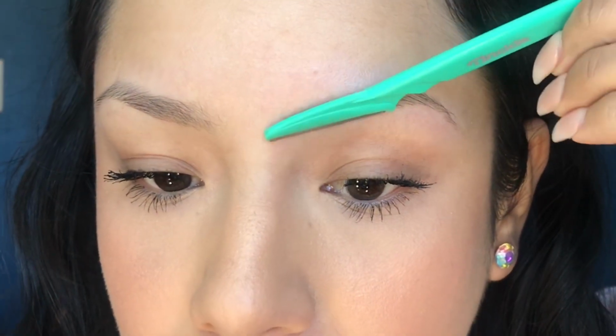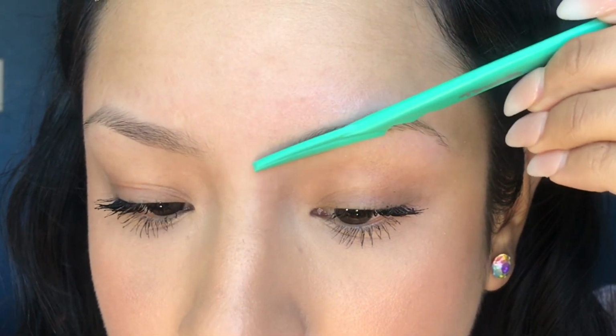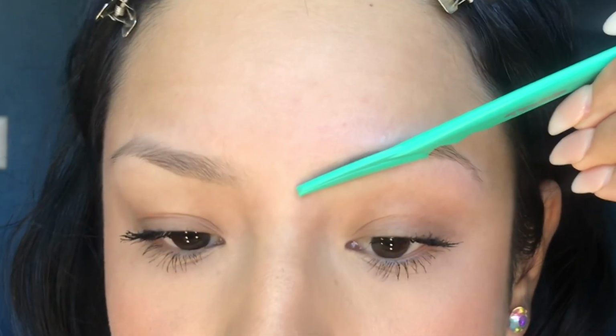My eyebrows are starting to get really red. I'm gonna use my moisturizer again, just massage it there. And it kind of helps you see the hair when it goes up. Then I grab my razor one more time and I just make sure that this part is really sharp. So once again, I go up with the razor